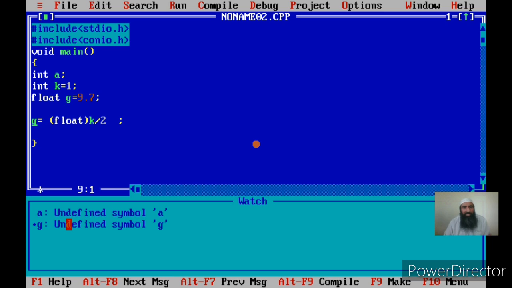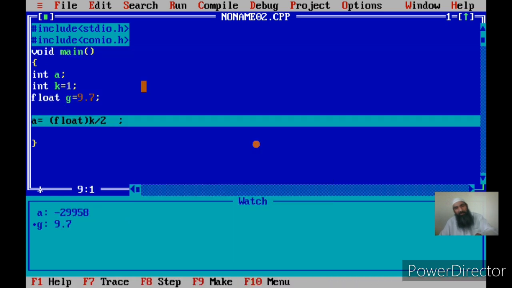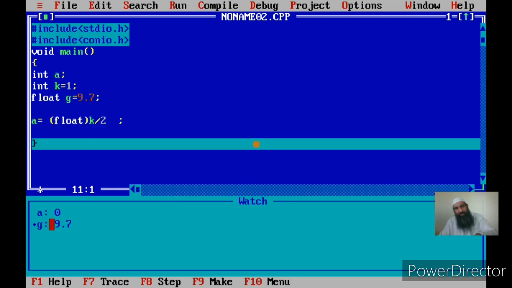Now suppose I get the correct result but I assign it to a. What is the problem again? You get the correct result, but a is an integer. Once 0.5 is stored in an integer, there is a problem. The first limitation is that whenever you assign a decimal value to an integer, only the integral part is retained. See, a cannot retain 0.5. It is an integer, so a has a value 0. I hope it's clear now.